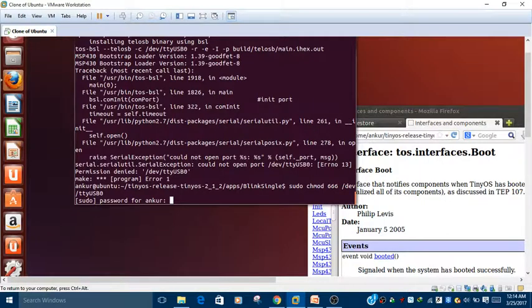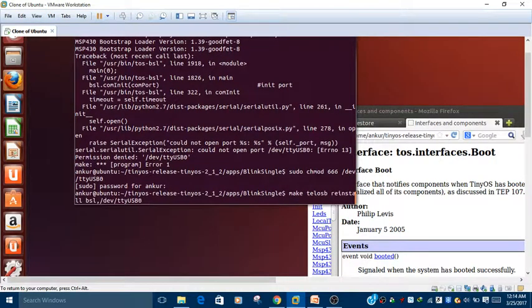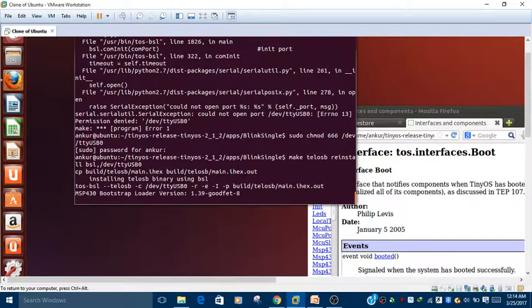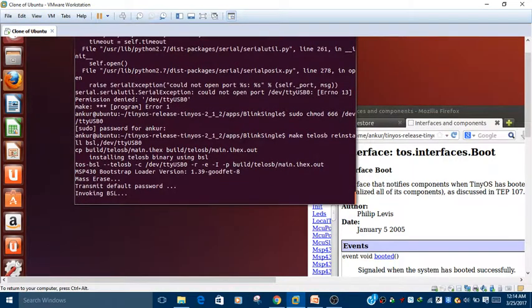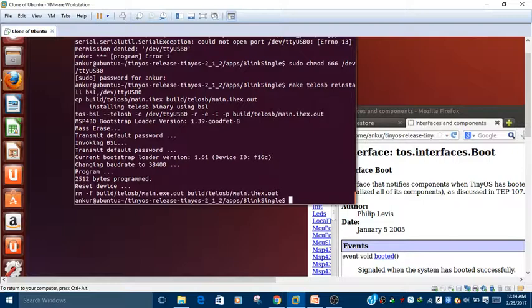Type the password, then again run the same command make telosb. So now it will erase the previous program and run the program on this device. Now I can see here the blink application.